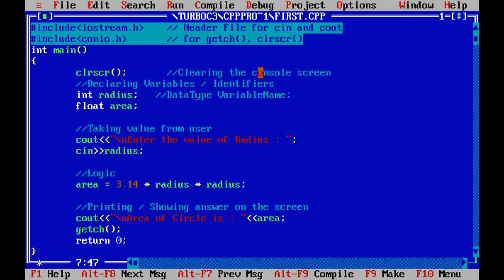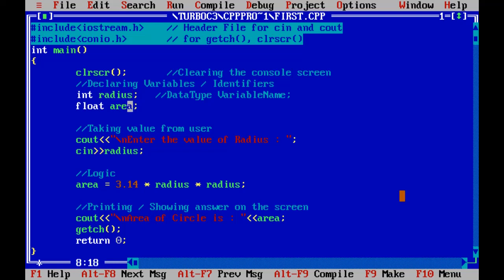If we follow the format given here, then int is the predefined data type. We all know that integer is for complete numbers, like 10, 20, 10,000, 20,000, all the numbers within the range of 32767. So we are considering that the variable named radius can accommodate all complete numbers.